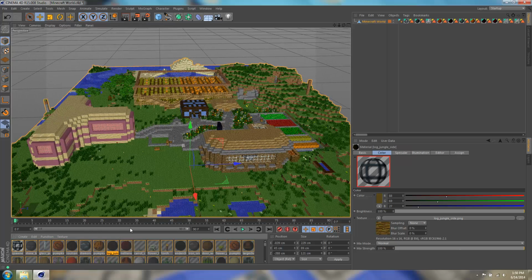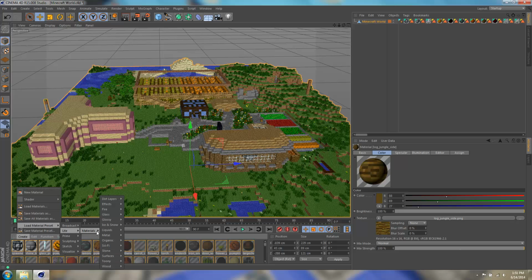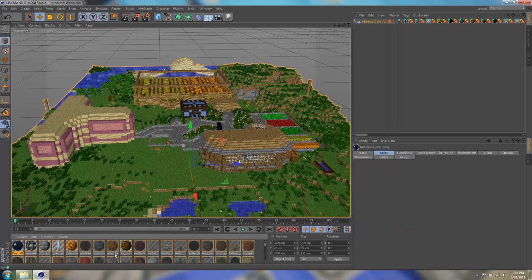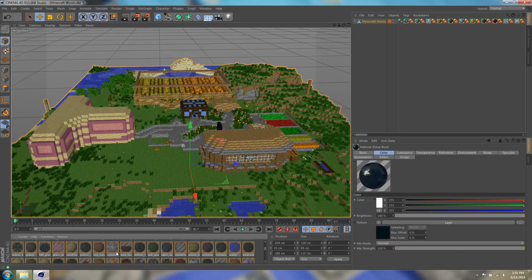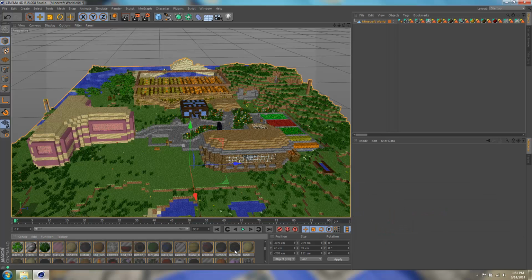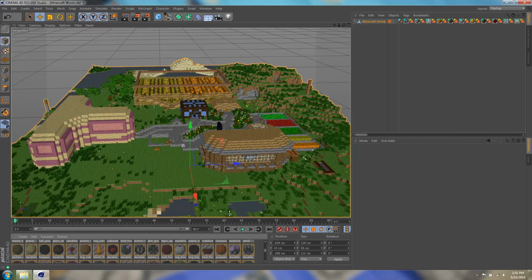And for high definition water, what you can do is if you hit create by the materials and hit load material preset, go to light, materials, liquids, deep blue, it will give you this nice water material, and this is Cinema 4D R15, by the way. Then you would go, the easiest way to do this is by finding water, deleting it so that it's not textured down there anymore,